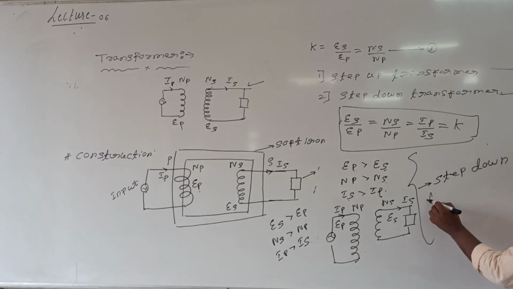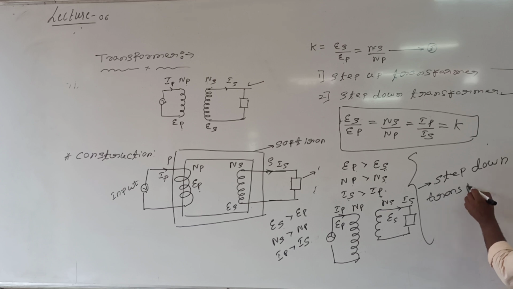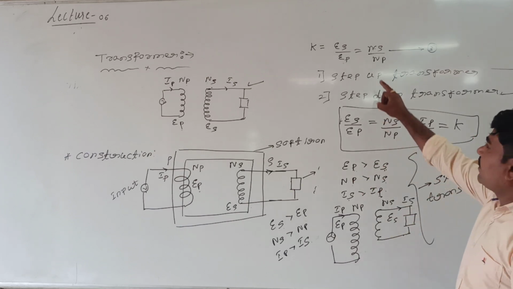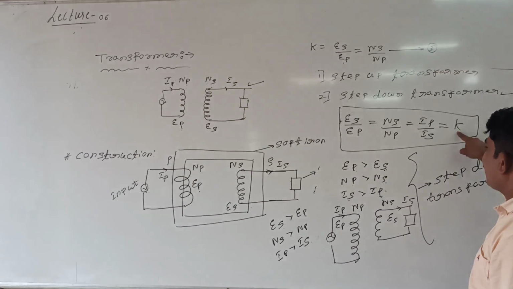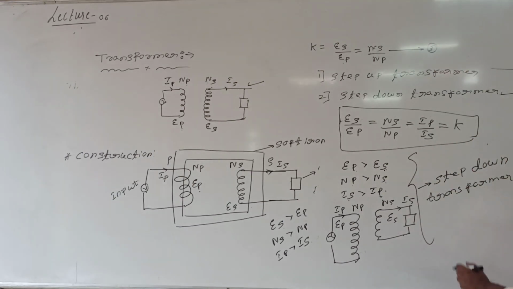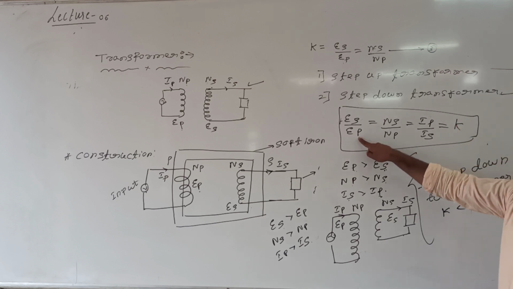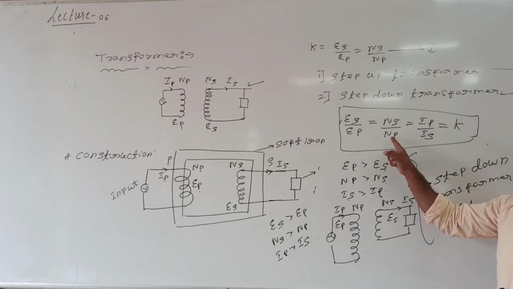This we are calling step down transformer. Step down transformer, very simple. For a step up transformer, ES greater than EP, then K must be greater than 1. And for this, what is the K value? K value must be less than 1. When K is less than 1, if EP is greater than ES or NP greater than NS